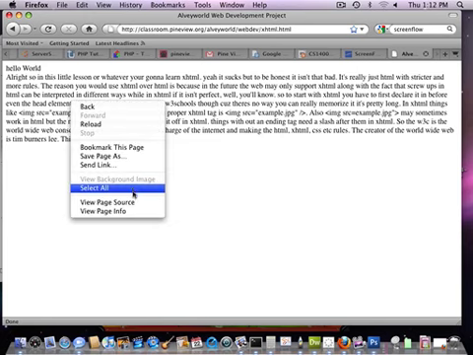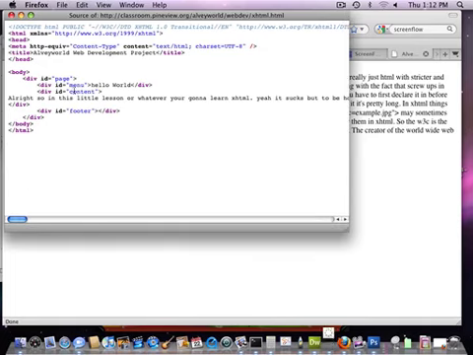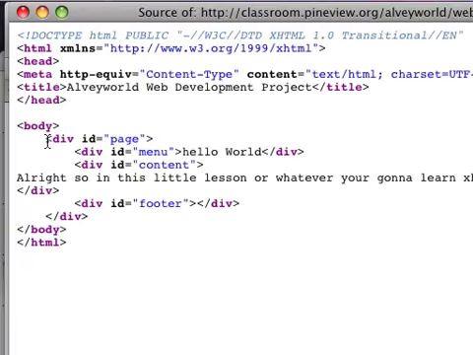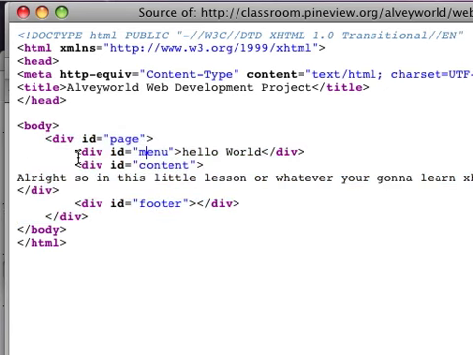Okay, if we look at the source code here, this is the HTML we're up against. In the body, we have a page division that contains everything. That's our wrapper that goes around everything. And then we have a division for menu, a division for content, and a division for footer. So with that HTML, we're just going to use those divisions